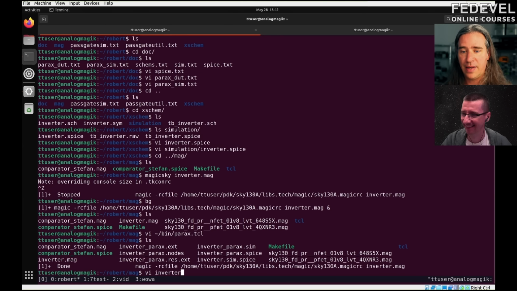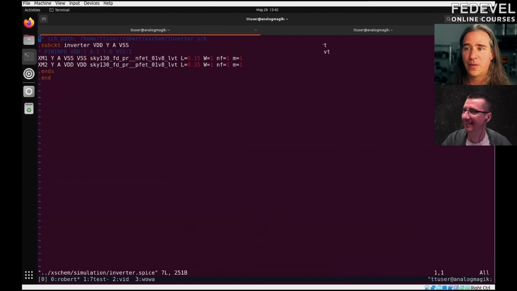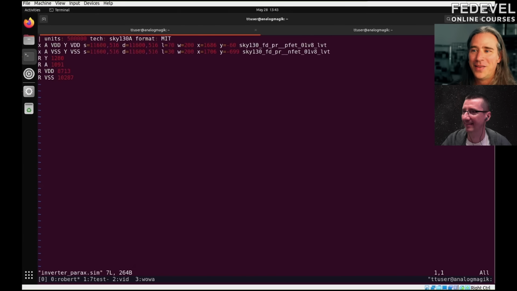And if we look at inverter parax compared to xschem, the original spice we got there, inverter. So, oh, it's not much different. There's not too much capacitance, but this is our original 2 MOSFETs connected. And now we have this, and apparently,